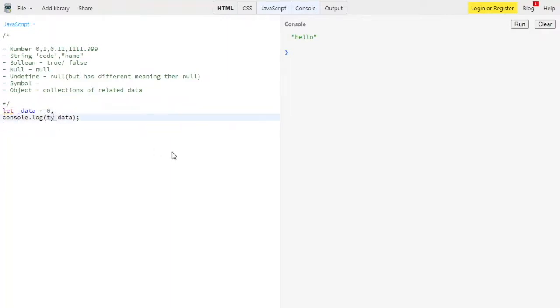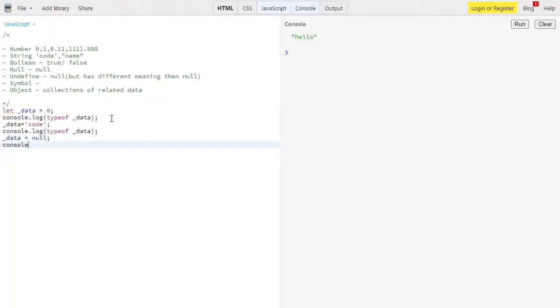I'm using the typeof operator over here, and then just copying this line using Control C, and then we have underscore data equal to, assign it something. You can assign your name. I'm assigning it as code. And then we have console.log over here, and using the same syntax we have typeof underscore data, and then I'm assigning underscore data equal to null.